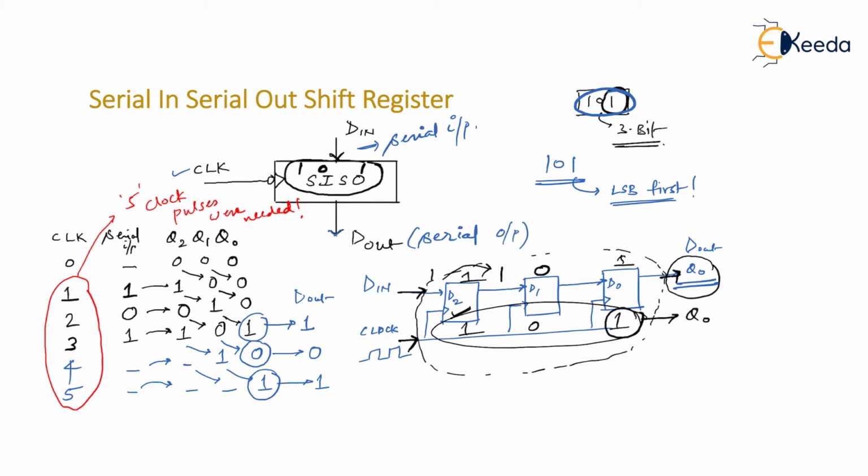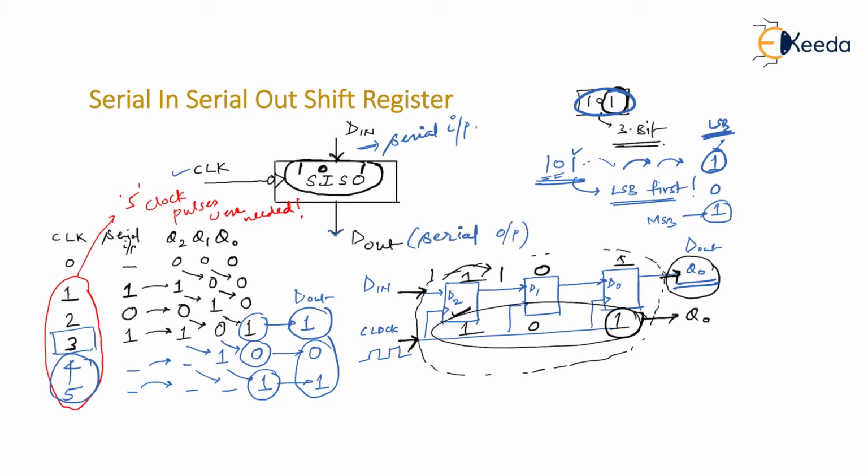You apply LSB first. Since you have applied this one first, this one actually got propagated ahead and you received that one first. Then you received the second bit as 0, then the third bit as 1. So this one is referred to as MSB and this one is referred to as LSB. I hope you understand my point, right? So when you have applied the third clock pulse, on that clock pulse only 1 bit of data is available on the output pin. So only 2 bits were left to retrieve back. So we required 2 more clock pulses, isn't it?